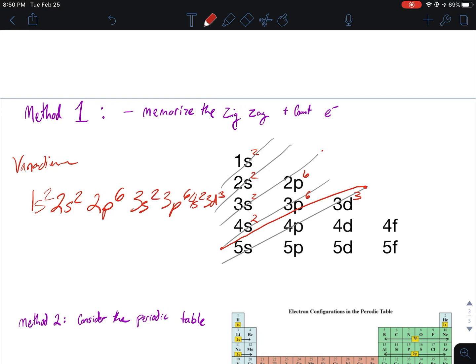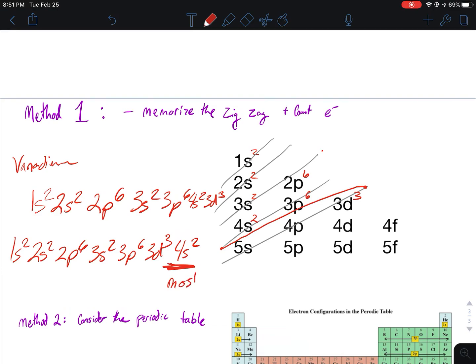If I was reading this, I would read it from left to right after I'd filled in the diagram, and I would probably write it as 1s2, 2s2, 2p6, 3s2, 3p6, and I'm reading left to right, 3d3, and 4s2, and this would actually be the reactive one. This is the orbital that's most reactive,